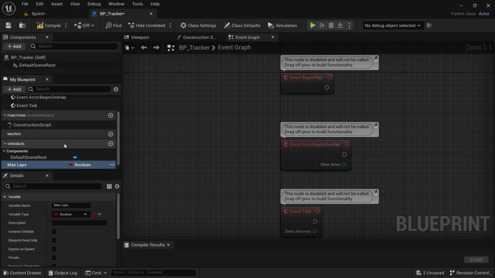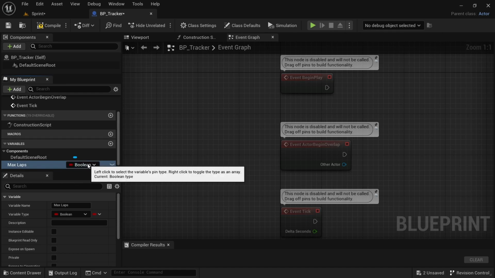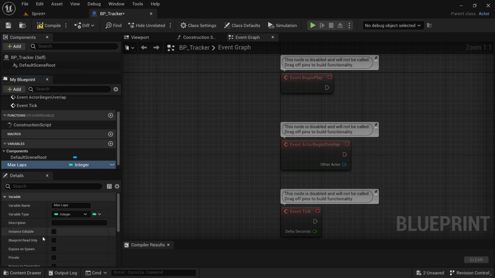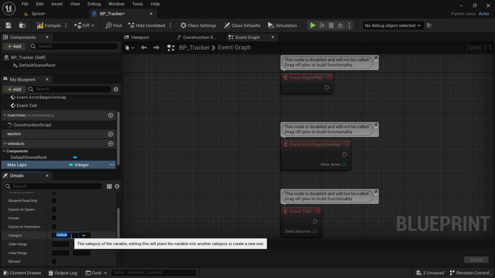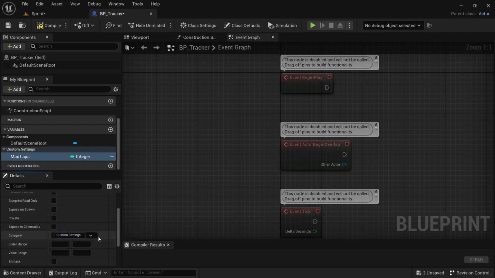A lot of the variables in the tracker are going to be similar to the ones in the player controller because the two are going to communicate with each other. They're going to be passing information between themselves. And then we're going to make this one an integer, and then we're going to scroll down under category. We're going to call this custom settings,